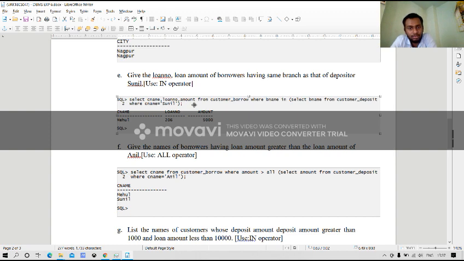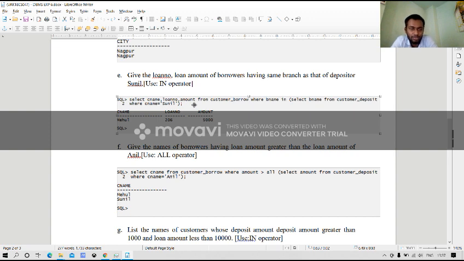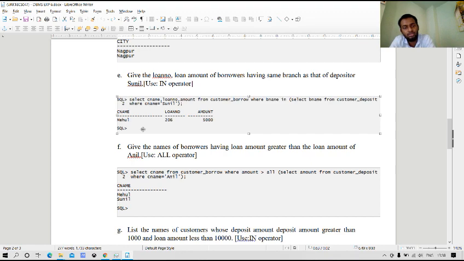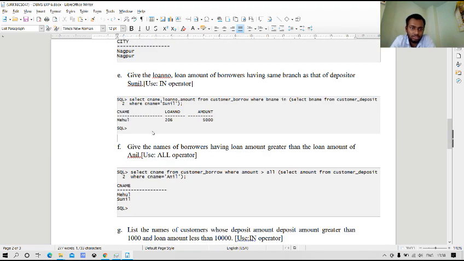So here we have to check for the person who has the same branch as Sunil, and also display the amount of loan he has taken and his loan number. So in the branch of Sunil, Mehul has a loan of 5,000 with number 206. So we got the result.